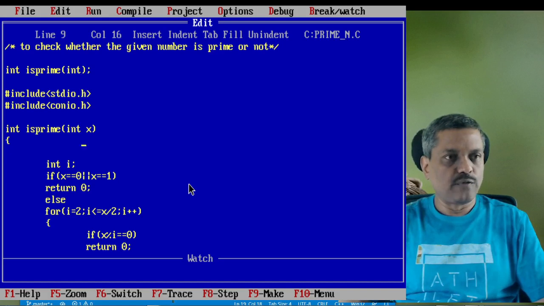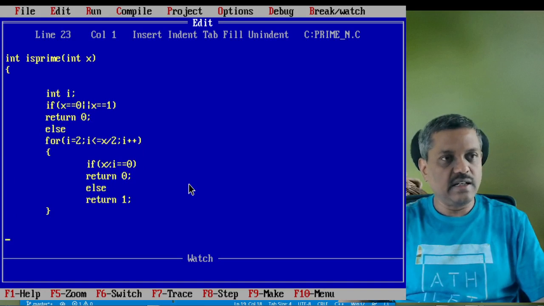And of course the definition of isprime is clearly mentioned over here, along with the parameter that it can handle. Of course it's a new variable of the same data type, that is integer. So it can handle integer and it can return integer.